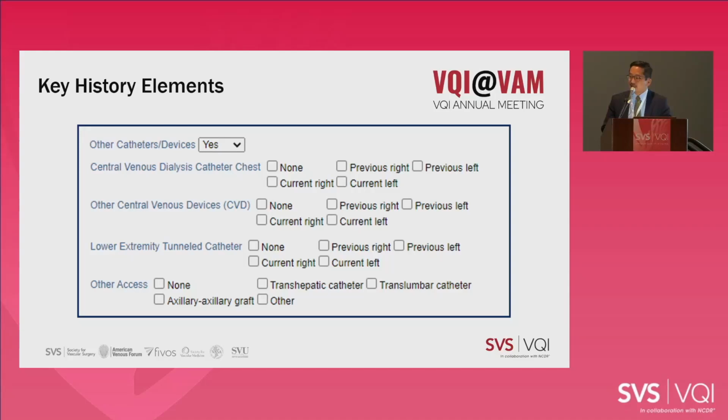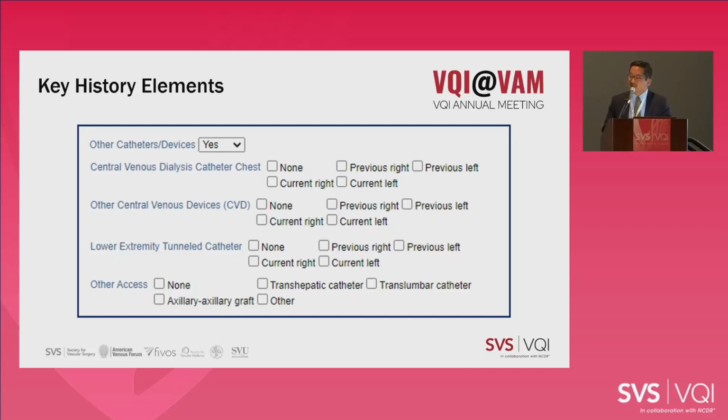Again, other additional key history elements, what other catheters or devices do they have? Of great importance to many of these patients is the presence of a central venous device. Anytime you have a piece of plastic or metal inside somebody's chest, the patient's veins typically don't like that, and their response is to scar down. This can lead to rather bothersome swelling, or actually quite debilitating swelling, and